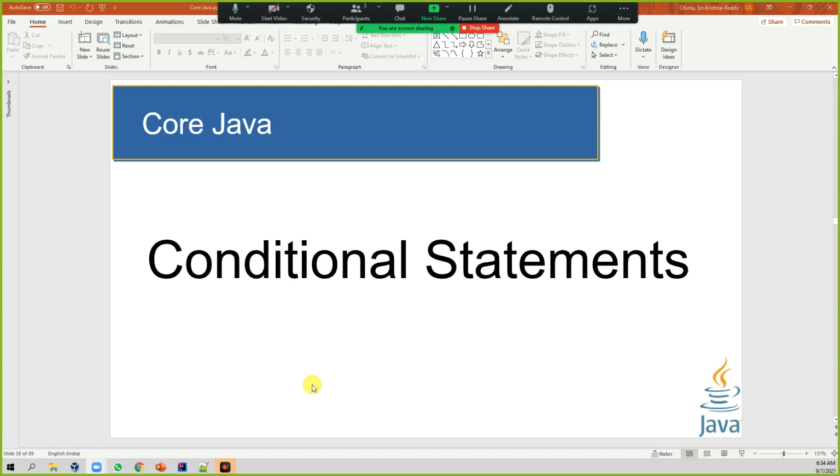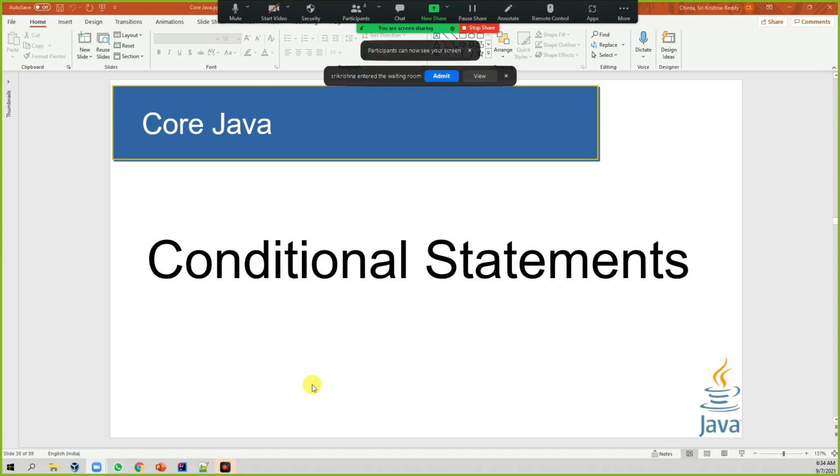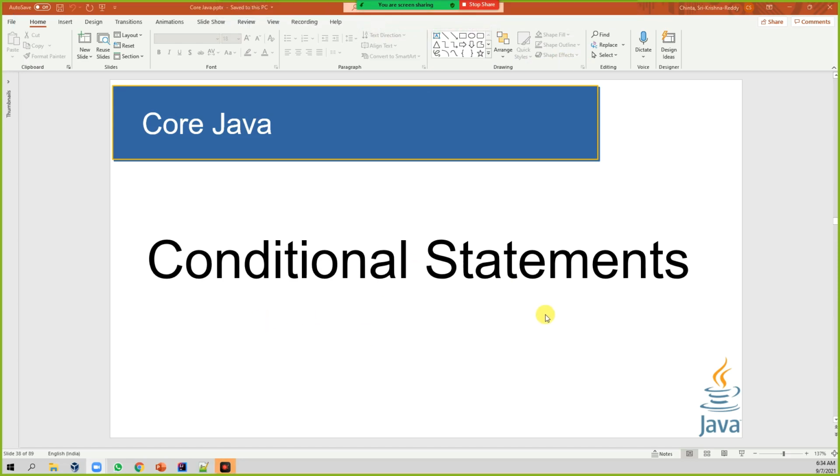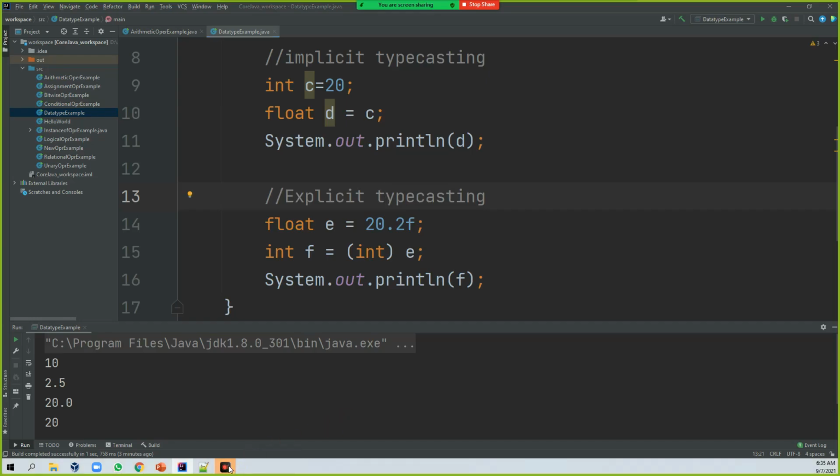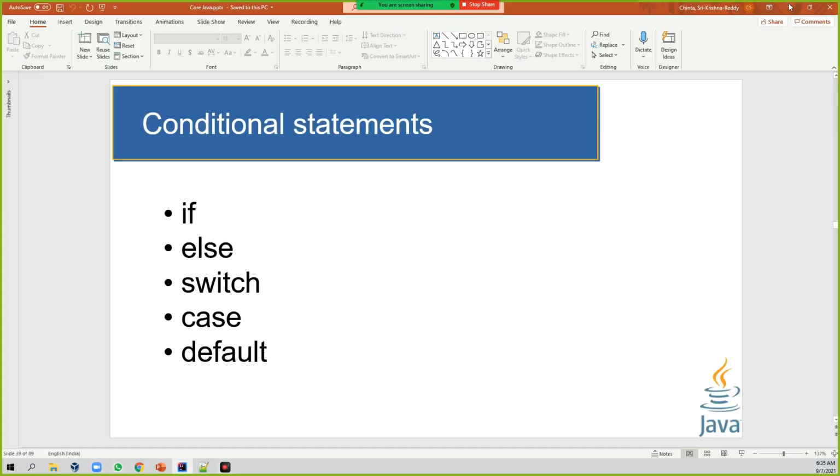The next concept is conditional statements. So what does that mean, conditional statements? Here we have different kinds of conditional statements like if, else, switch, case, default. So these many conditional statements we have. If, else, switch, case, default, these all are for